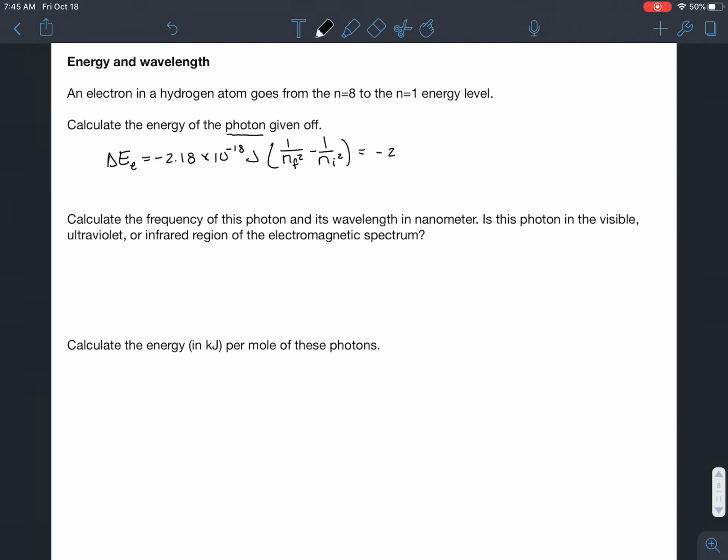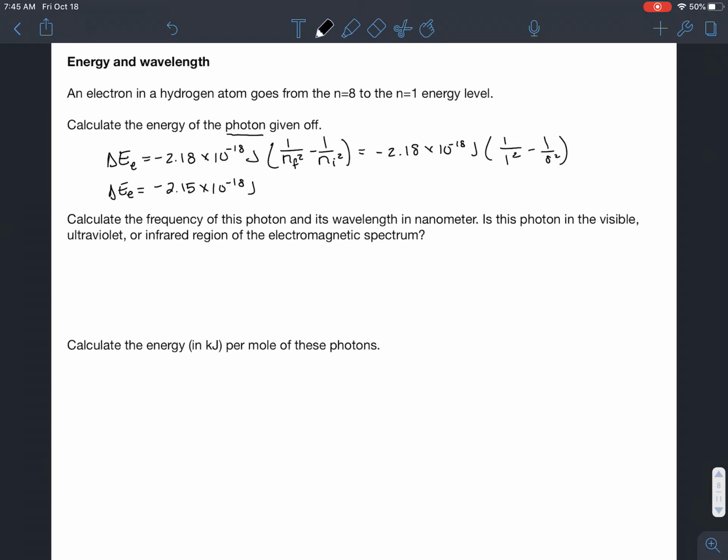And then you just plug all of your numbers in. When you plug that in, that gives you that the energy change for the electronic transition is negative 2.15 times